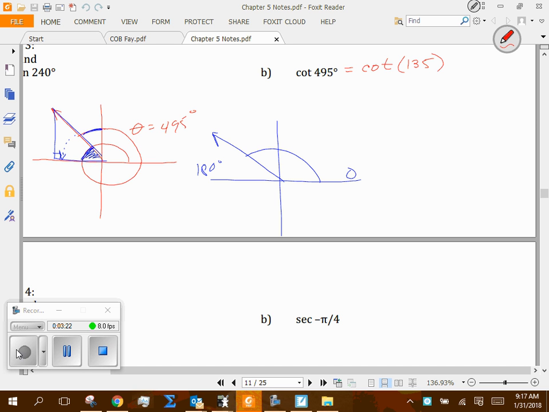If you can reduce this thing by subtracting multiples of 360, go ahead and do that. Okay? And even if you've got a negative angle there that you don't like, maybe it's like negative 495, you can start adding multiples of 360 to get to a positive angle that you do feel maybe a little more comfortable with working with. But now we know theta here is 135 degrees. Okay? Now we're going to come back and we're going to say, okay, that means then whatever point